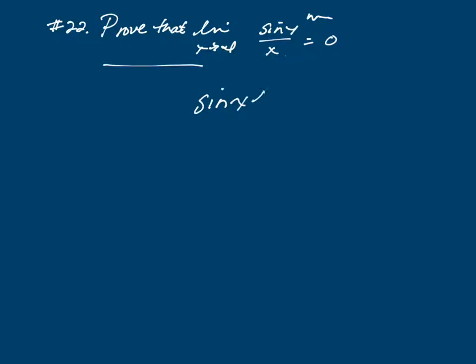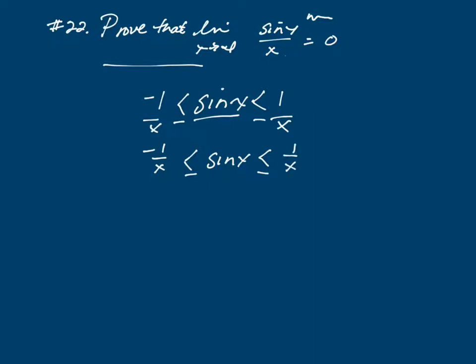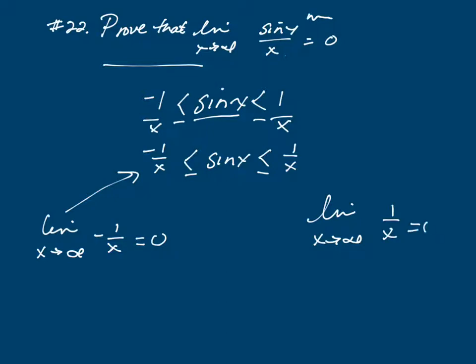So sine x has to be between 1 and -1. And then we're going to divide everything by x. So I get -1/x has to be less than or equal to sine x over x, which has to be less than or equal to +1/x. Now I'm going to take the limit of this side, the limit as x goes to infinity of -1 over x is equal to 0. The limit as x goes to infinity of +1 over x equals 0. And therefore, oops, we forgot to divide that by x. Because of that, by the squeeze theorem,